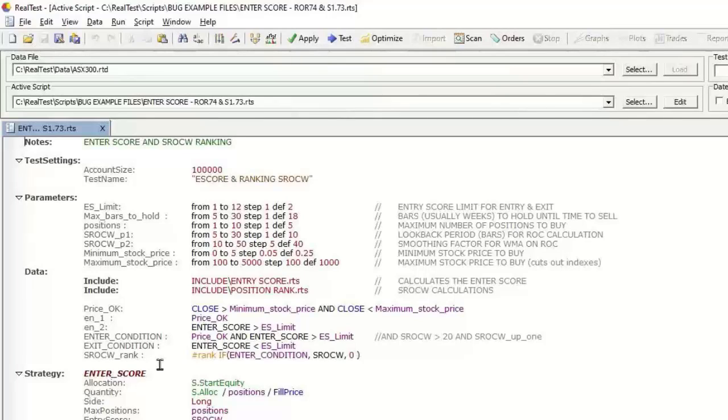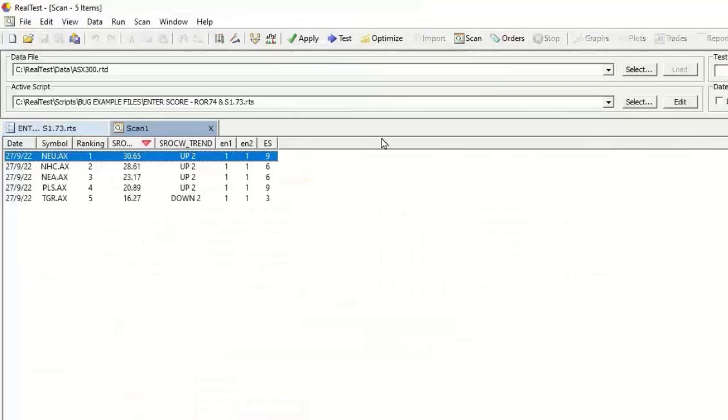Okay, if I look at that at the moment and I do a scan on that, that gives you the top 5 stocks according to that strategy. So I look at that and I go, okay, this strategy is recommending these top 5 stocks. Do I really want to use those ones? I would then